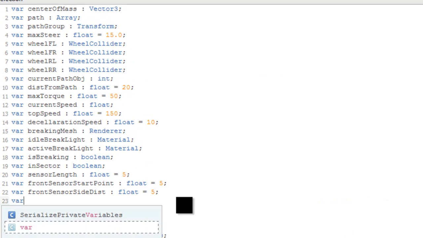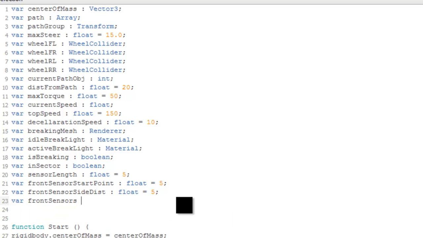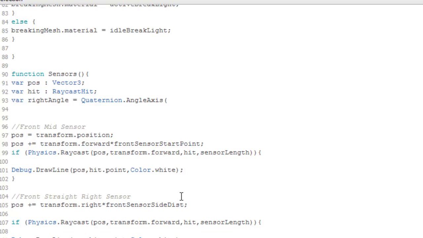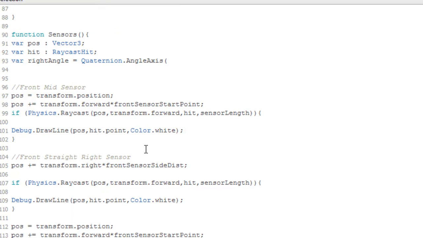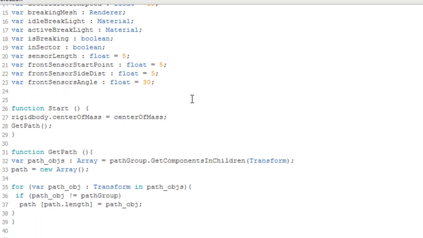Okay. So I'm just gonna go ahead and create a new variable. I'm gonna call it front sensor angle, and it is going to be a float, and for now I'm just going to set it to 30. Okay, so if I go over here and I'm going to just type front